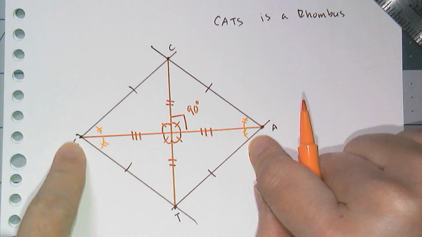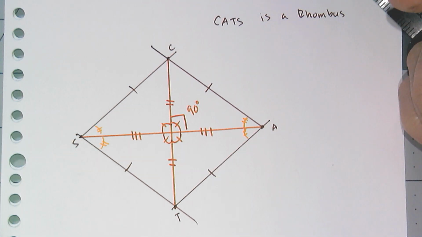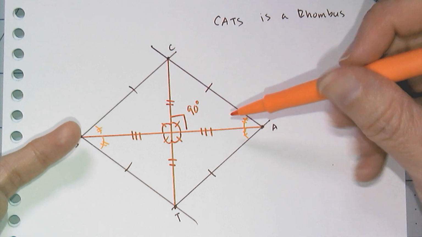So that means it looks like the diagonals also bisect the angles of the rhombus, and that's also going to be true